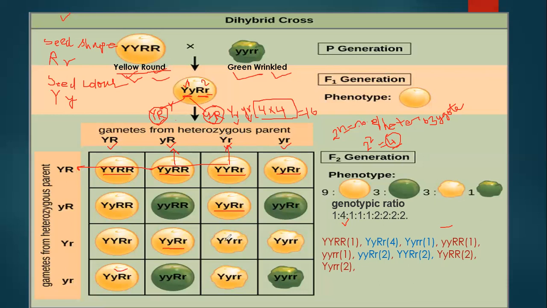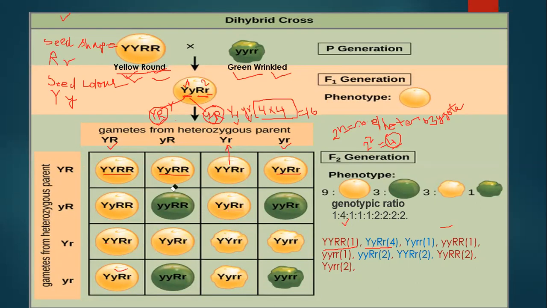Likewise, if you check this one, it is this one because it is in the third box. Here also from the third place, you will copy this. So you will combine these two and you will write the genotypic composition. Okay, so this is the genotypic composition which you are able to see. Different types of genotypic composition. Now, based on the genotypic composition, we have to write the phenotype.